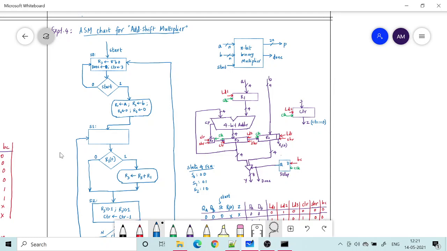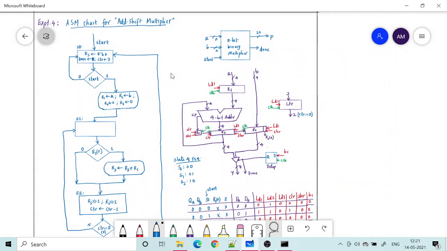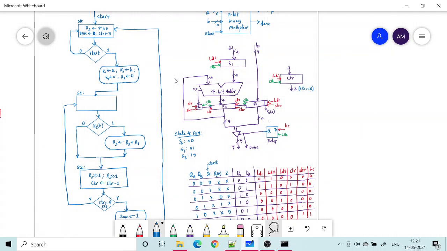Okay, and there is a start signal. After introducing the 2 4-bit numbers, I give a start signal, then the computation begins, all the process starts. After some time I should get a product at the output, and whenever it comes I should have a done, just like earlier. Done should be a single bit output, which will become 1 when the product is displayed there. Okay, so what is my hardware? The hardware is like this.